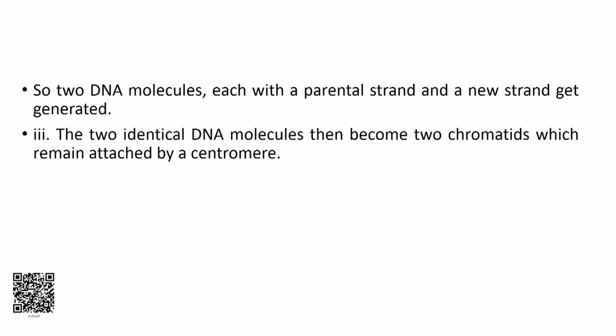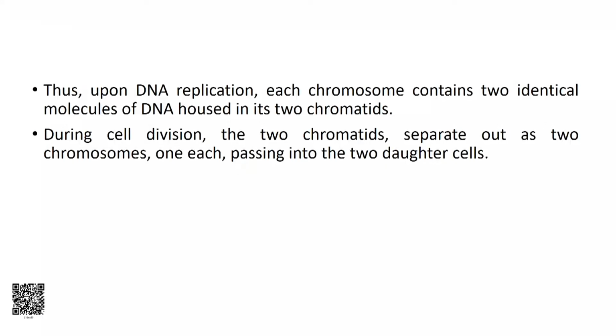So, 2 identical DNA molecules then become 2 chromatids which remain attached by a centromere. Thus, upon DNA replication, each chromosome contains 2 identical molecules of DNA housed in 2 chromatids, and during cell division these 2 chromatids separate out as 2 chromosomes, one each